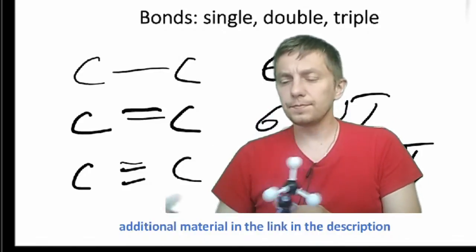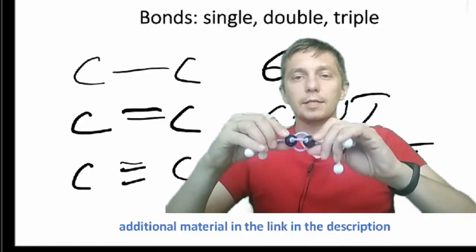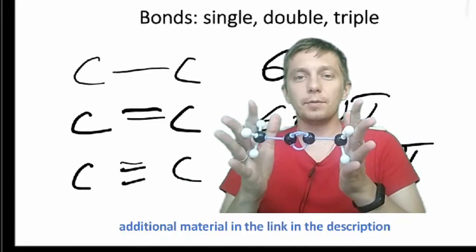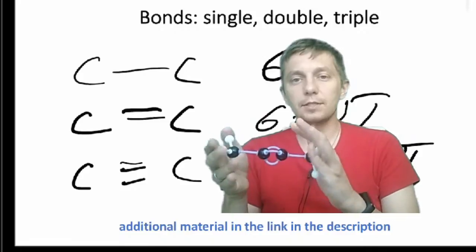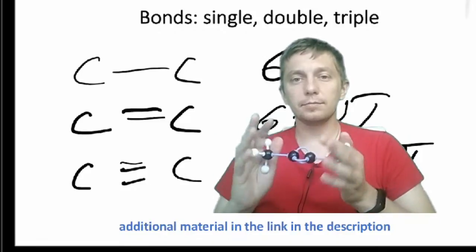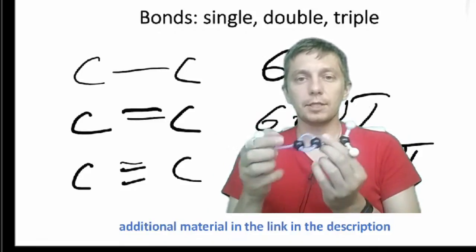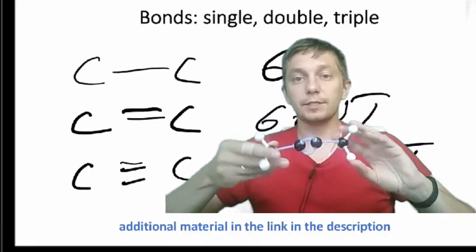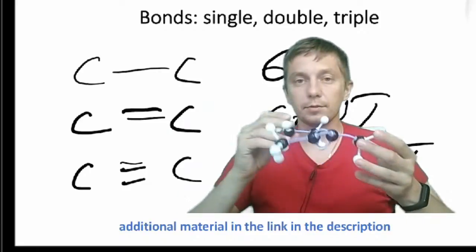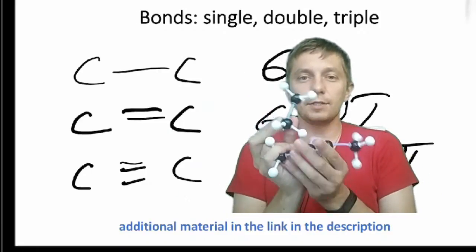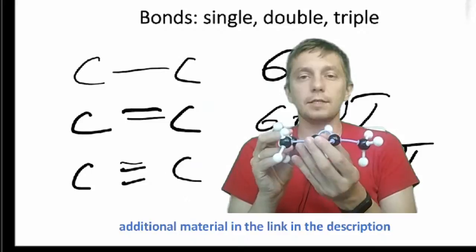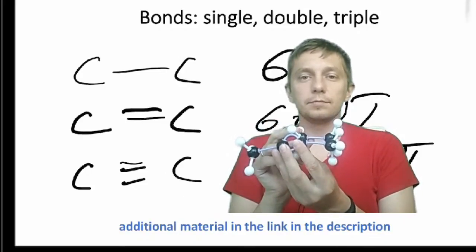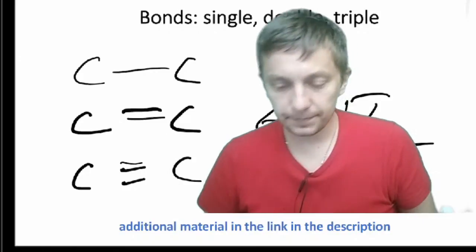To be very accurate, the triple bond itself can't rotate, but because if you're dealing with a triple bond you have a single bond, compounds with a triple bond can rotate like with a single bond. Because actually if you have a triple bond, it means we have two double bonds. If we're dealing